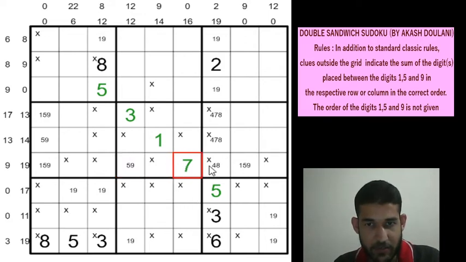So these 3 cells will add up to your 19 now, and 7 we have already, so these 2 cells will add up to 12. So this will be a 4 and 8, and 9 can be made up of, now 1 and 8 is not going to be possible, 2, 7 again not possible, 4 and 5 is again not possible because 159 triplet is there, so this will be a 3 and 6, but 3 is there, so this is a 3 and this is a 6.